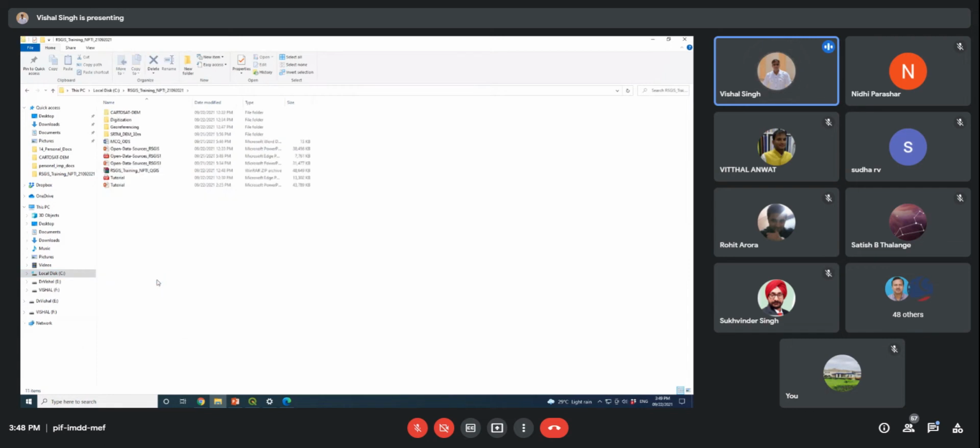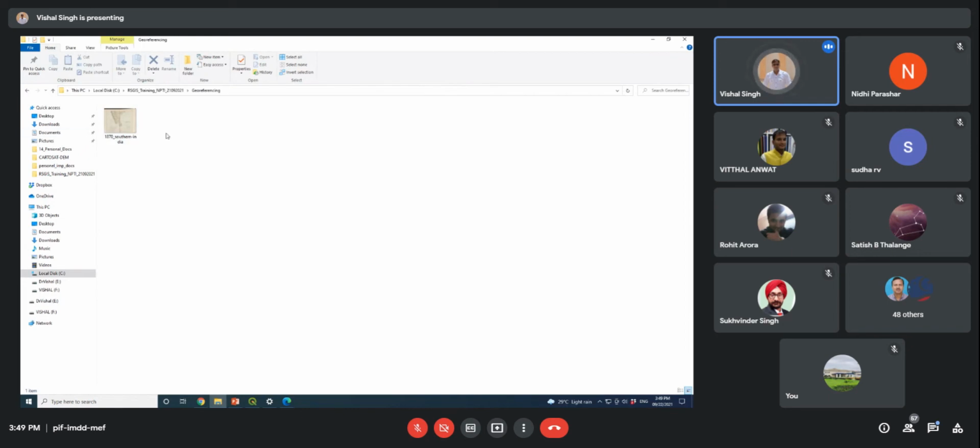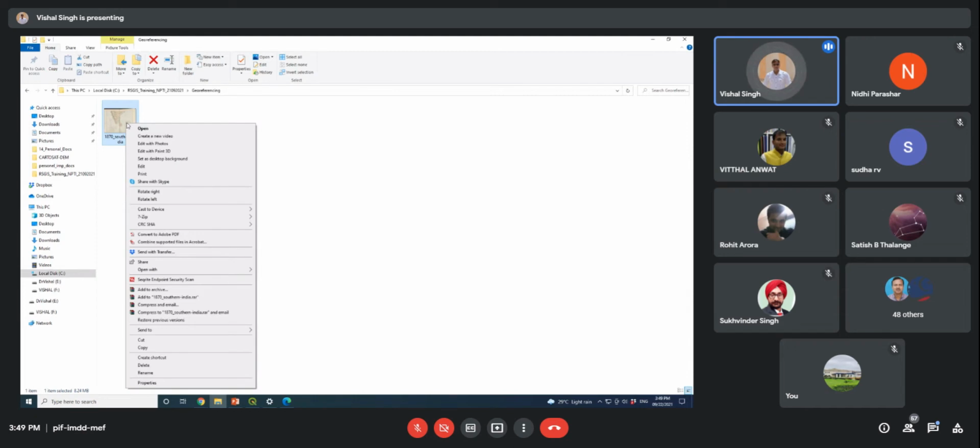I will go inside this folder and see georeferencing. I will go inside this folder and I will find this map. This is JPG format. If you want to check the format of the map, then you can check it here. Just give me 1 minute.